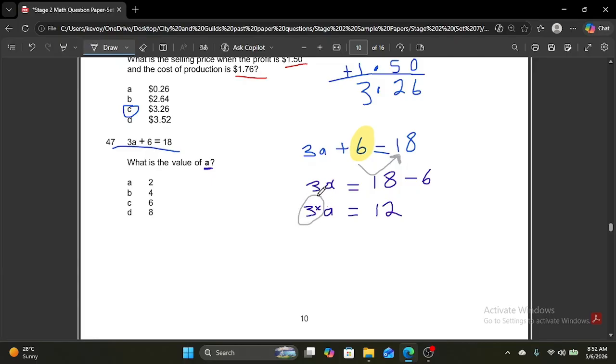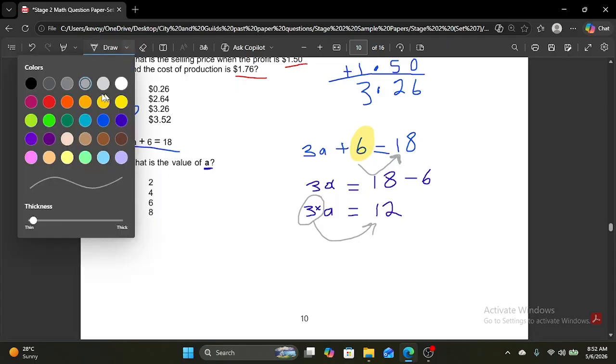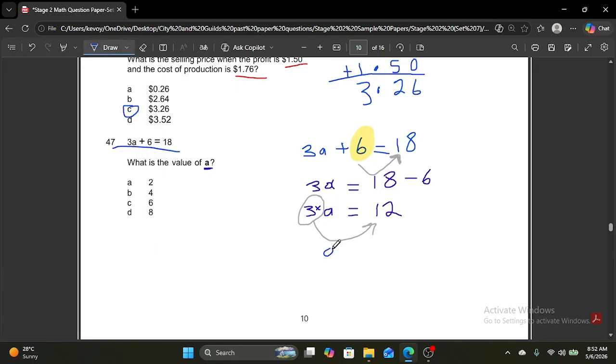So we're gonna move this number beside the a that's multiplying, and we're gonna carry this over to the other side of the equal sign. When we move numbers from one side of the equal sign to the next, the sign changes to the opposite. So what is the opposite of multiplication? The opposite of multiplication is division. So we're gonna have a is equal to